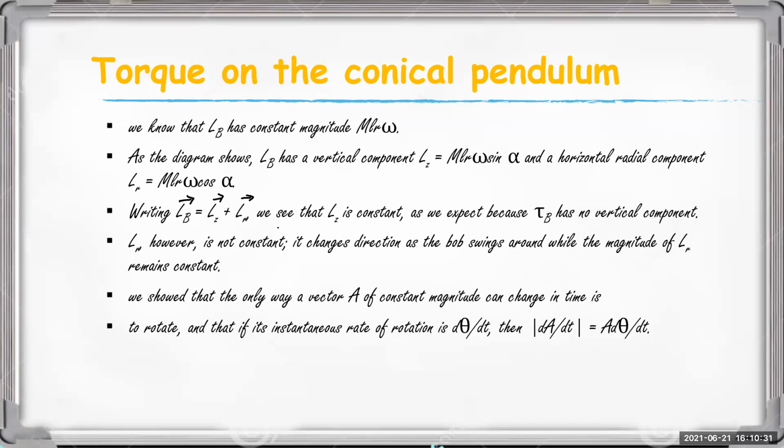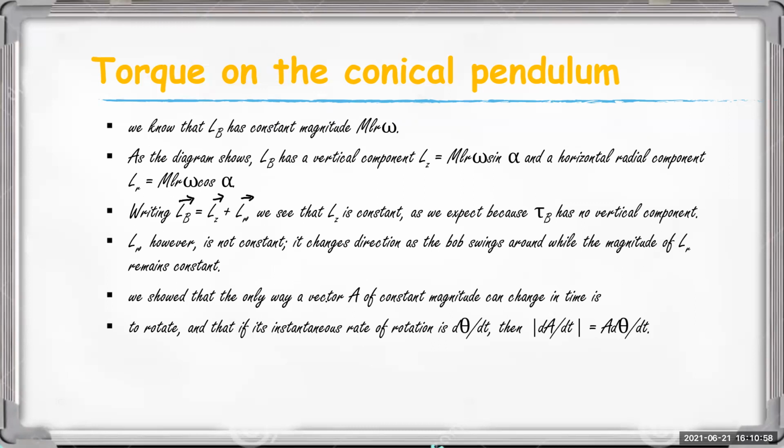Okay, then a constant vector A can change in time is to rotate if its instantaneous rate of rotation is d theta divided by dt, or we can write,